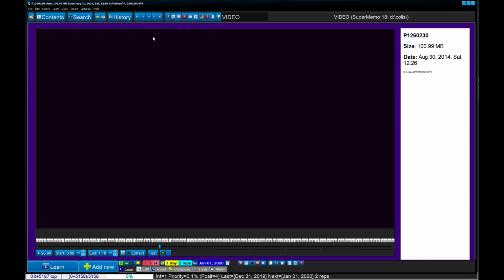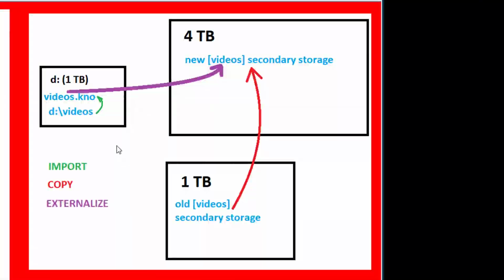And now to be sure, I'll check my next element. Yeah, it's playing okay. Back to my element. Everything's okay. So I just redirect to my storage. Okay, and now we can try to import all videos and this external folder D videos into the collection videos